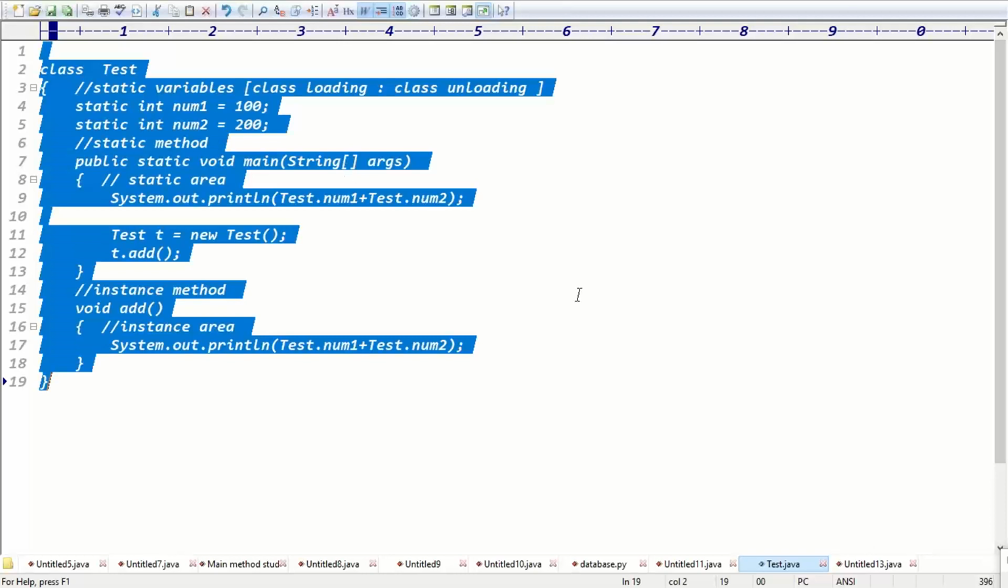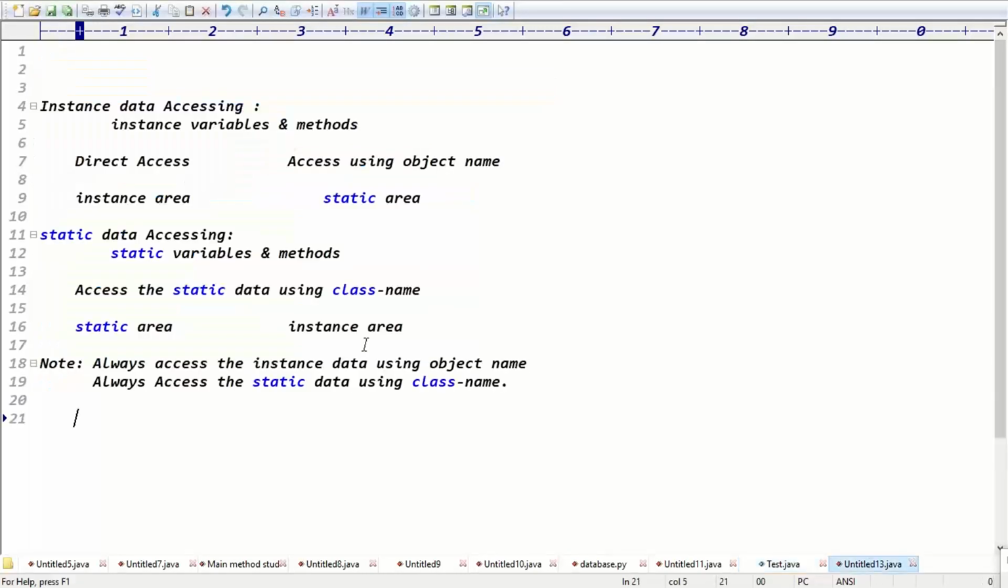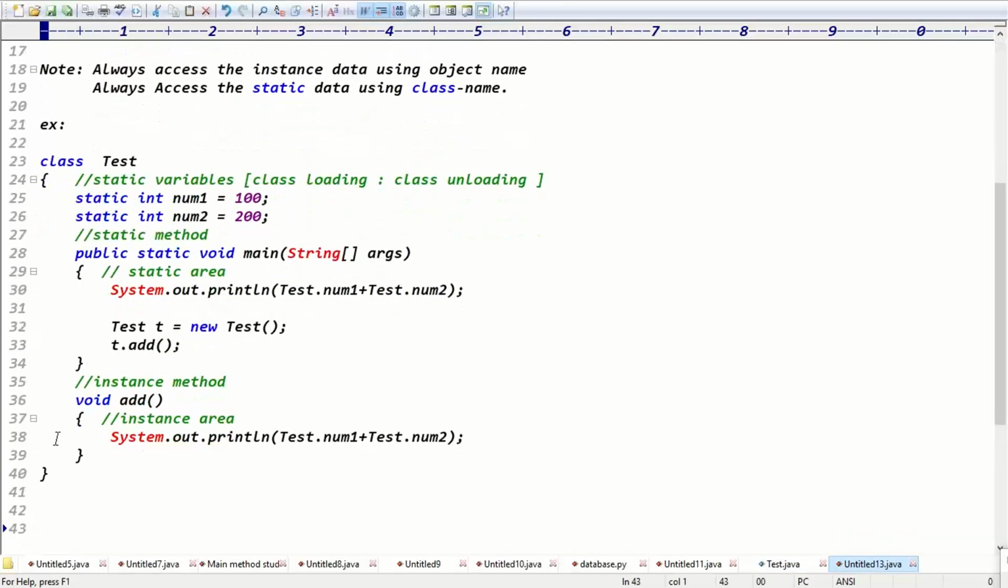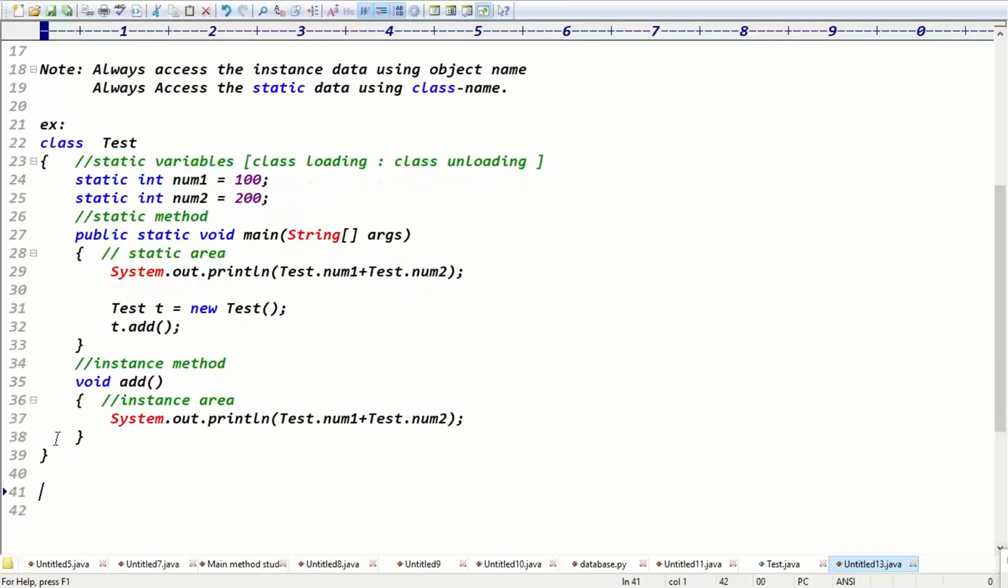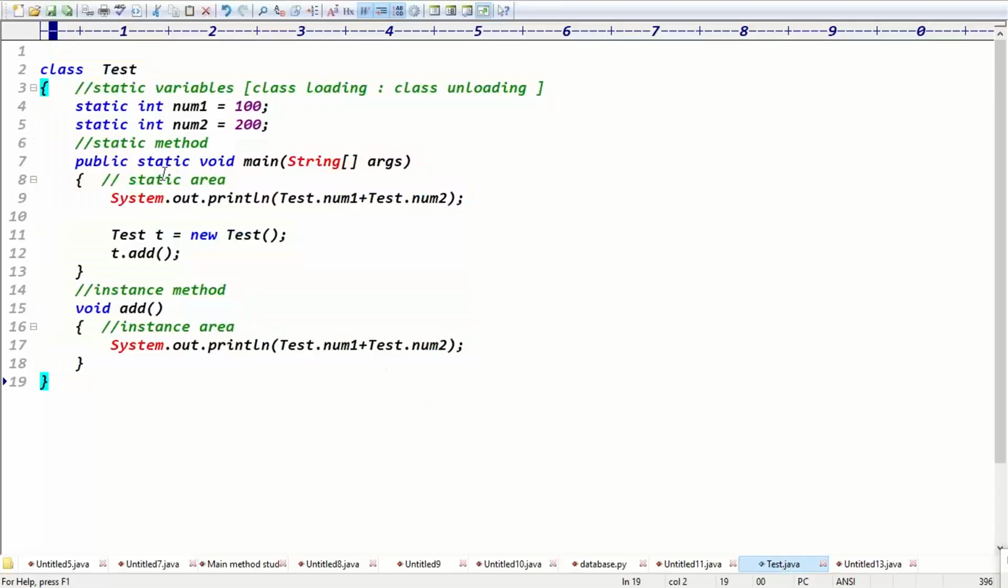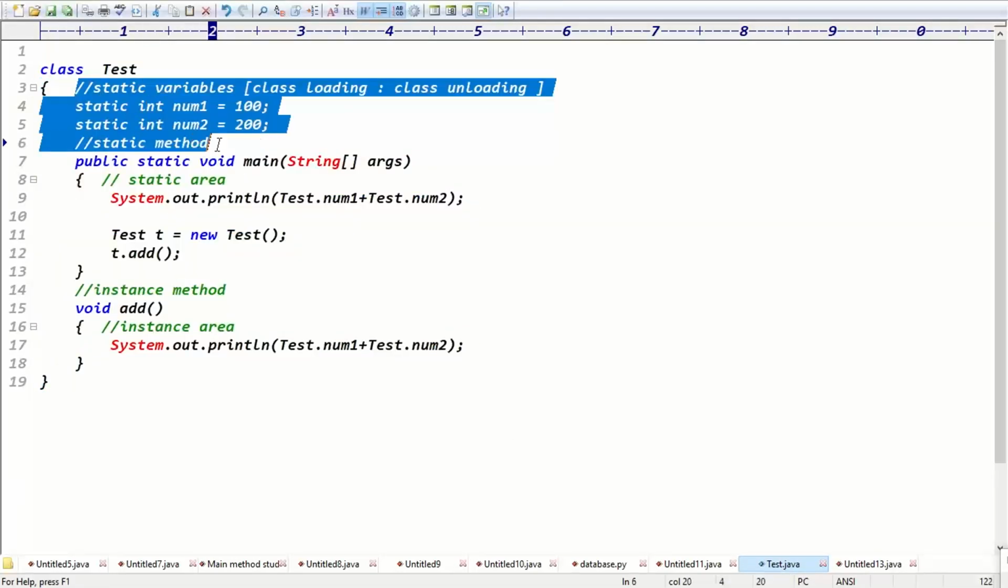So in total we saw three types of variables, guys: local, instance, and static. Yes, three variables are clear. Declarations and accessing everything is fine, right? Good. And next example, if you